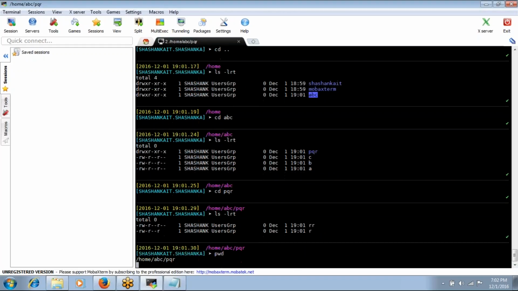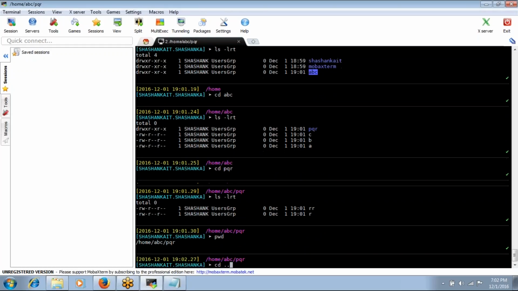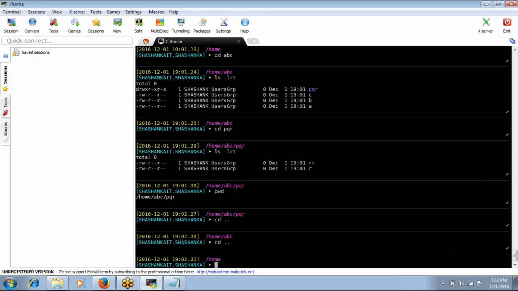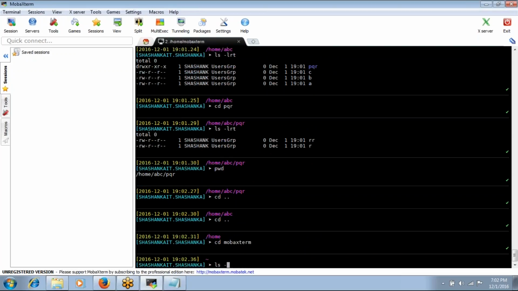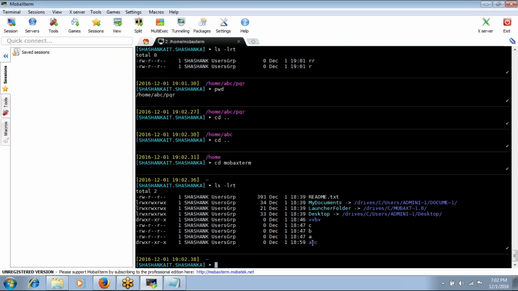If you go to your original directory, which it was copied from, that is cd mobile extern, you see this ABC also exists here. I have done just a copy. My original is there and what I have copied is also there. Move is different, right? When you move, the original can be lost. Move is nothing but moving an object from location A to location B. Then the object will be in B, not available in A. So how do we do move?